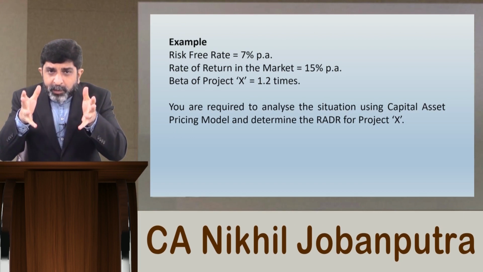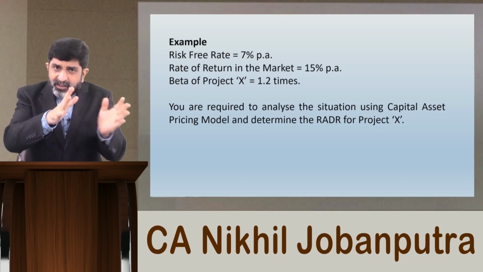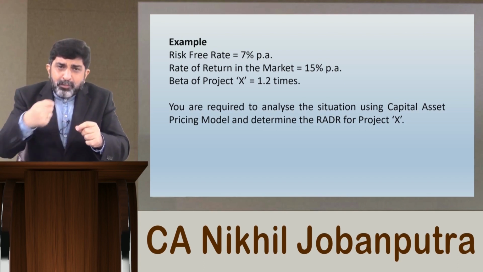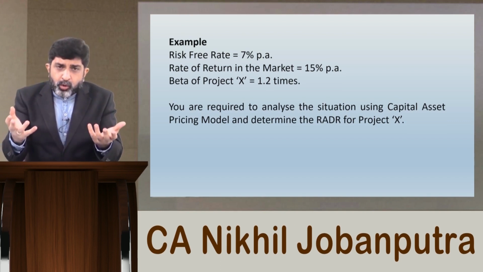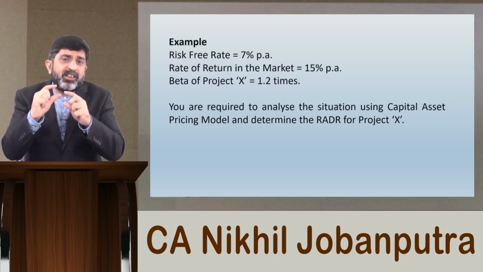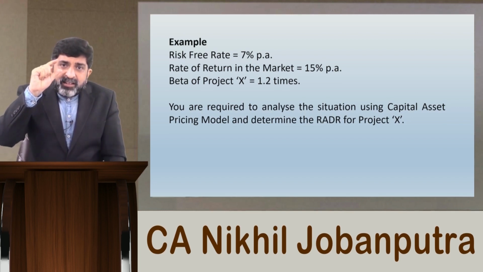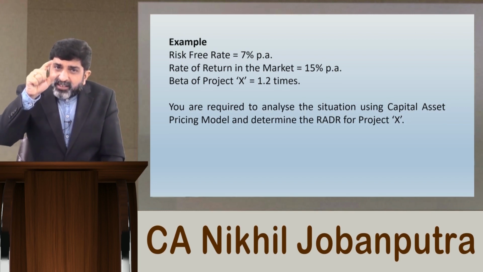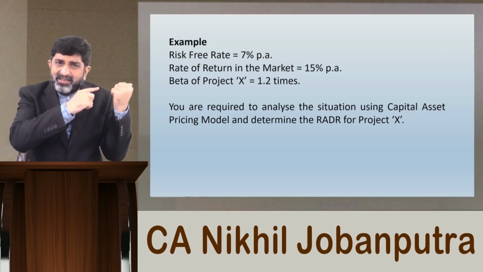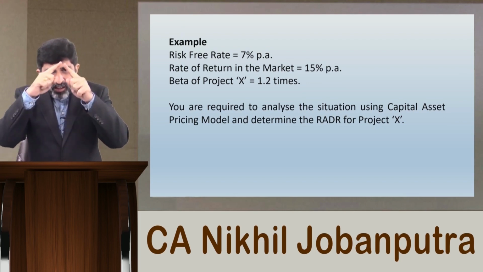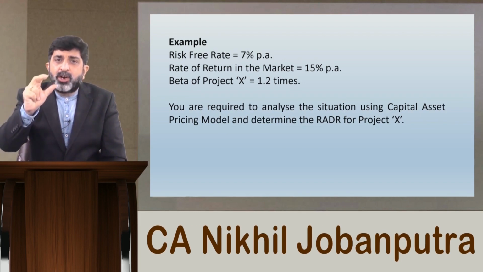What I am trying to explain is the logic behind that CAPM equation that you wrote some time back. Because if you mug up that equation and just put in values and extract the answers, that is not going to work. You need to understand the logic behind it. So I repeat, CAPM application begins with splitting the market rate of return, which in our example is 15%, into two components: the risk-free rate plus the premium for taking risk.